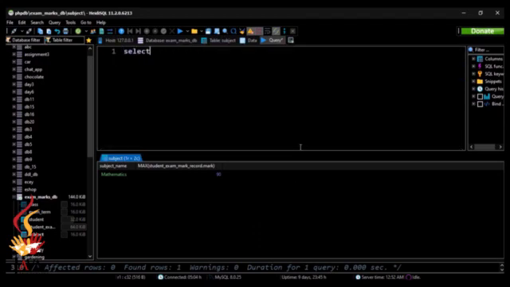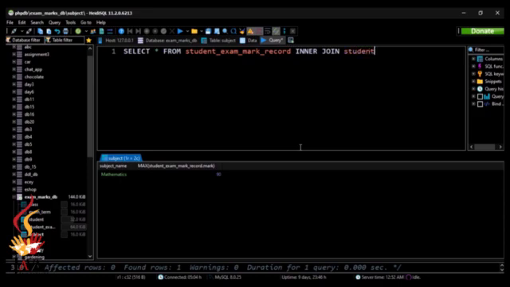First as select, first I will give select star from the student exam mark record table, and I will use inner join